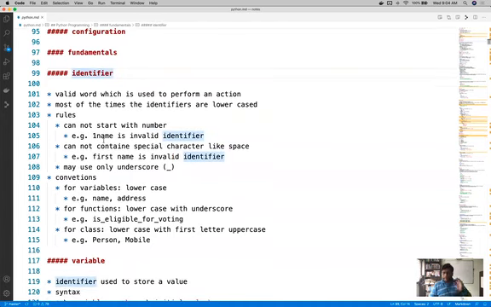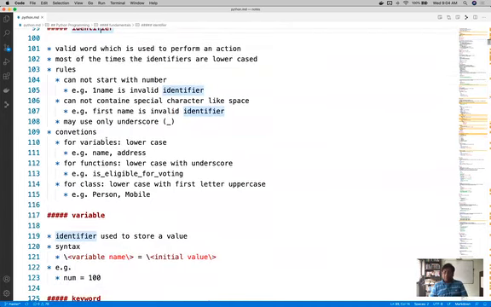Now, when you are in Python, there are many types of identifiers you can use. For example, a variable name is an identifier. A function name is an identifier. Later on, a class name is again an identifier. Whenever you are writing an identifier, please remember a couple of rules. You cannot start an